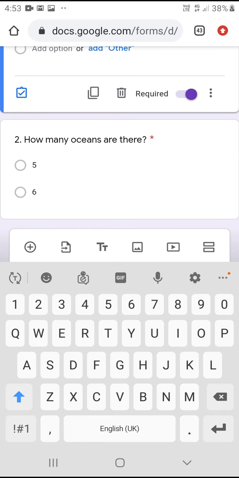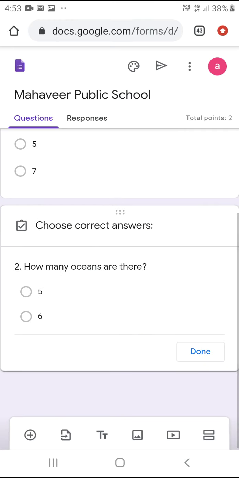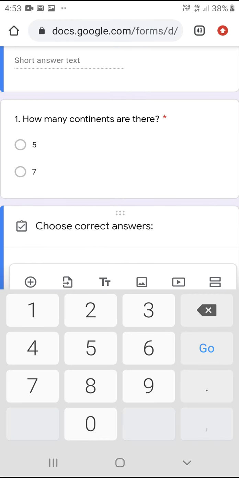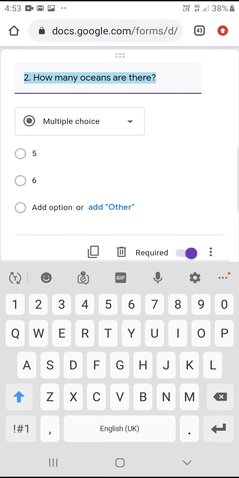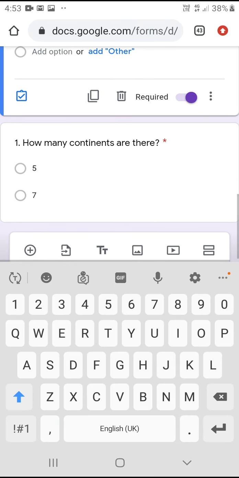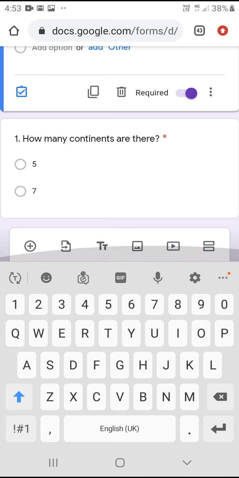I will just click anywhere. I am clicking here. Okay, after clicking, again this blue tick appears. I will click on this blue tick. I will select the answer here. How many? This is my question. The screen is rotating. See, it's moving. So now I'll be selecting the answer for my second question.